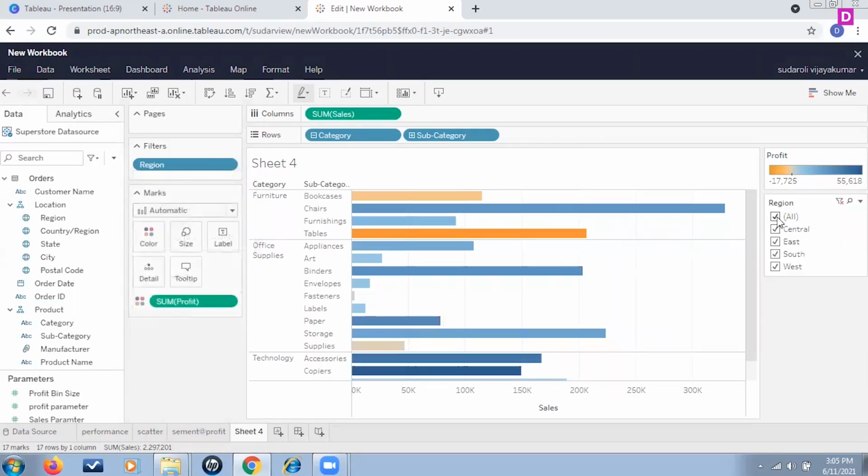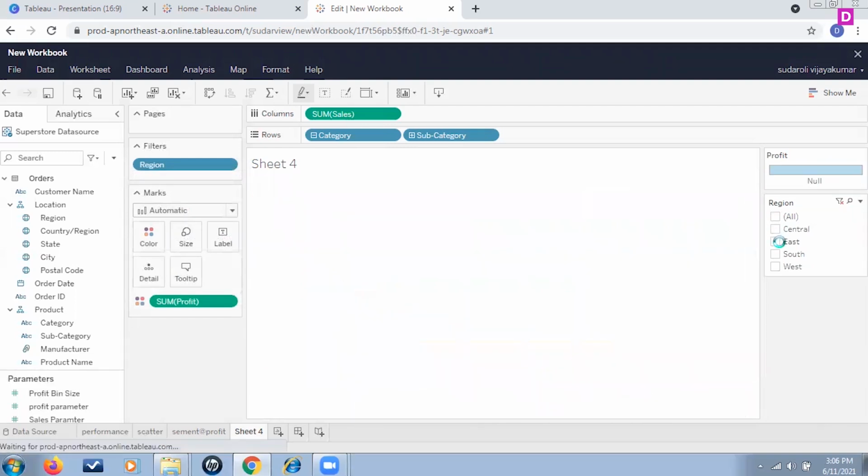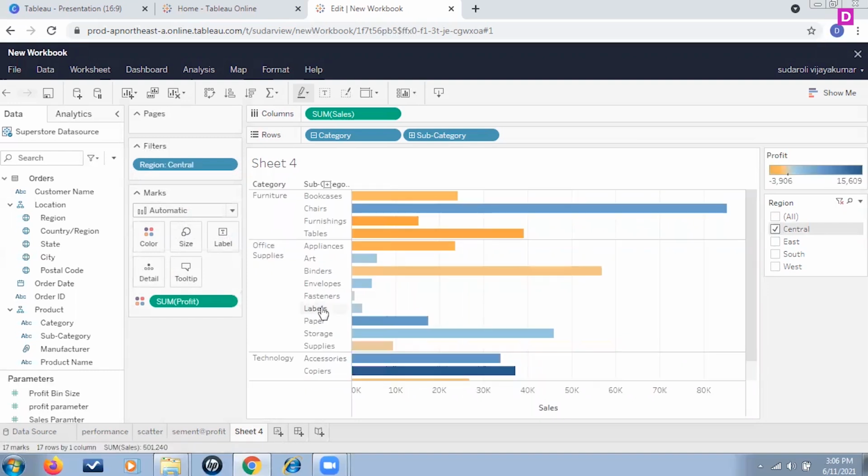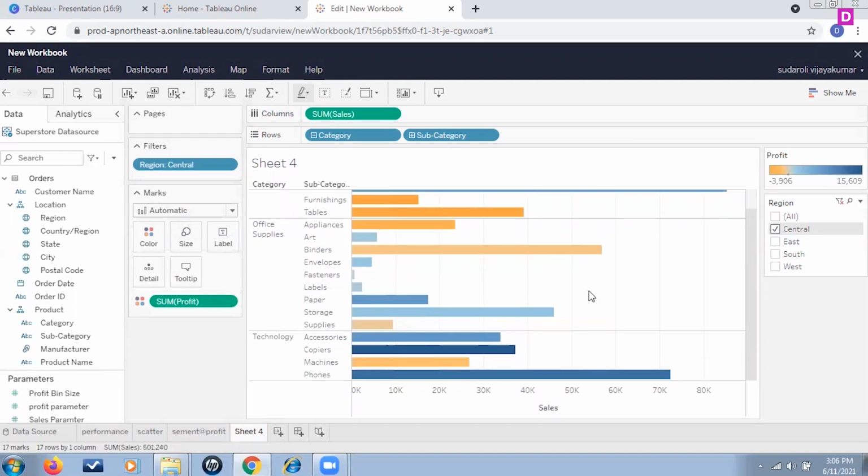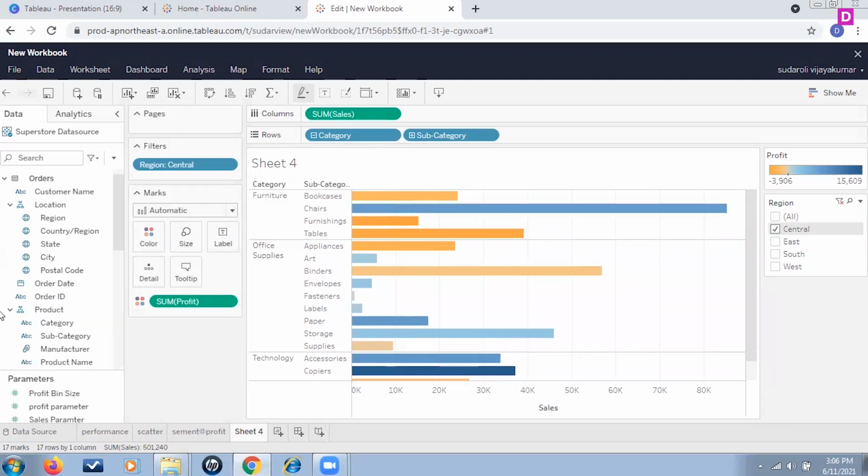If you just want to select Central, you can understand here that it is just showing the Central values. So these are the different types of visualization which you can work on to get an